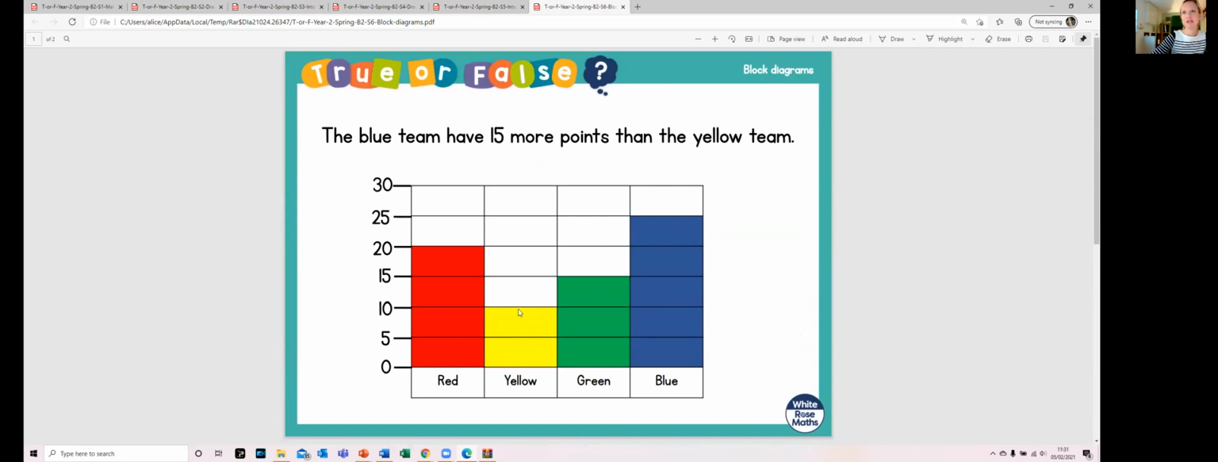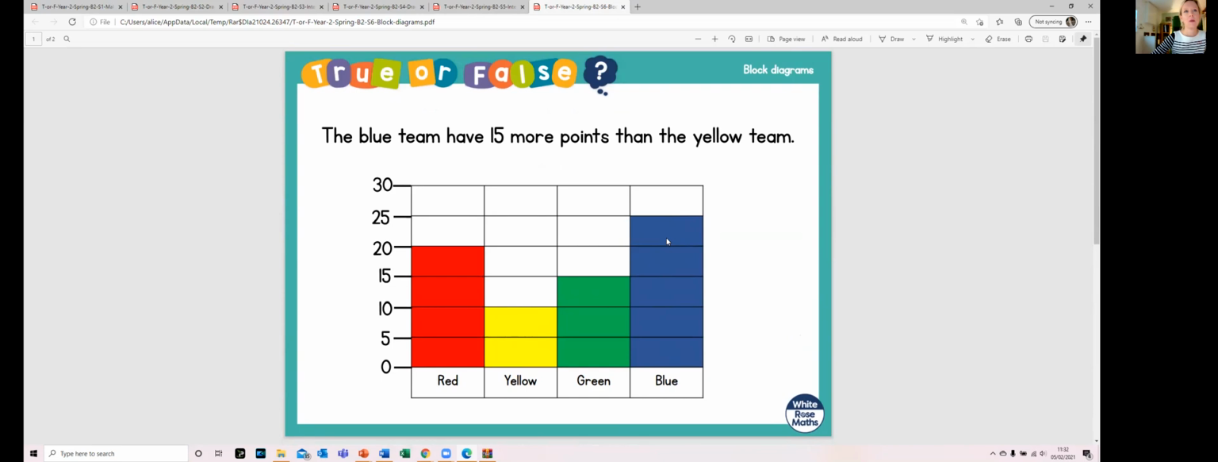Here's our yellow team. Can you see that goes to the total of 10? Here's our blue team. That goes all the way up to 25. You see, if you follow that line along, it takes you to 25. So you are finding the difference between yellow and blue. And we did work on that